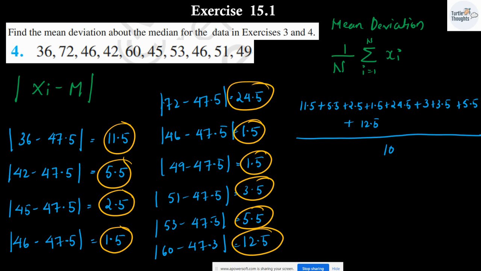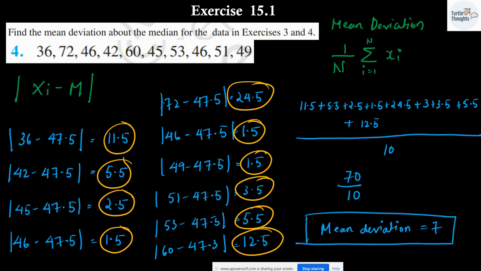Now 11 and 5, 16, 17, 24, 3.5 is 8, 9, 57, 57 plus 12 is 69.5, 70, yes, it is going to be 70 divided by 10. So you can write the mean deviation as, mean deviation is going to